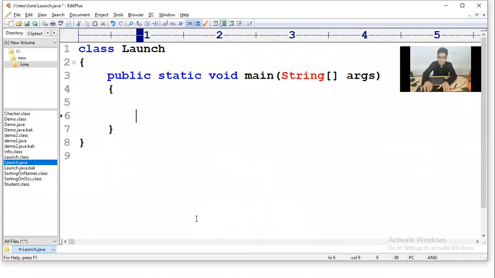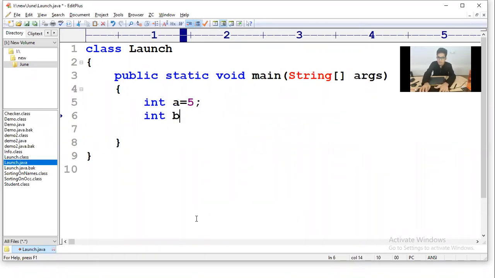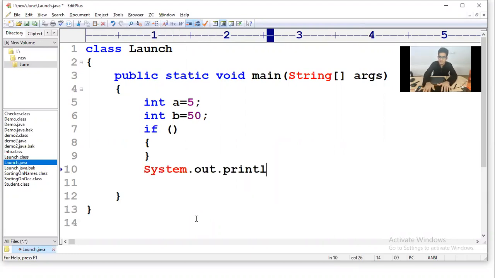I'll create one variable, int a = 5. I'll create one more variable, int b = 50. Then I'll write an if block, and after the if block, System.out.println to print the a value, then the b value.